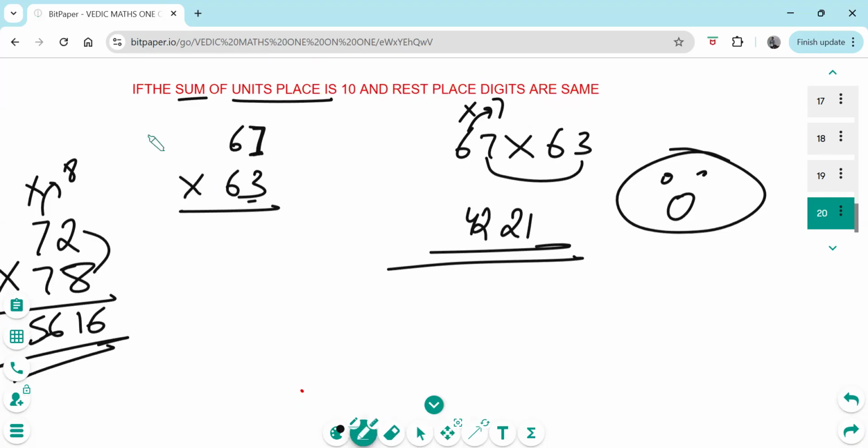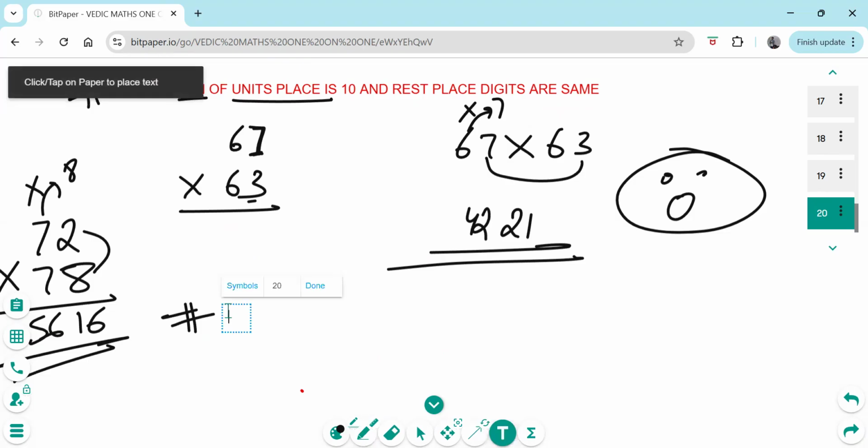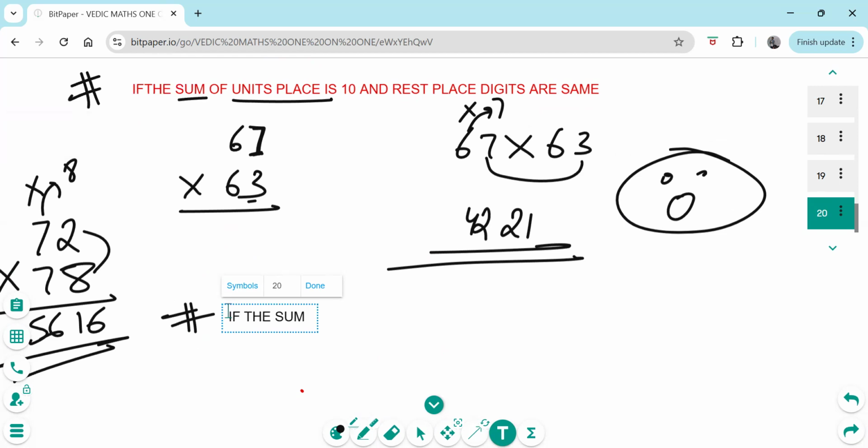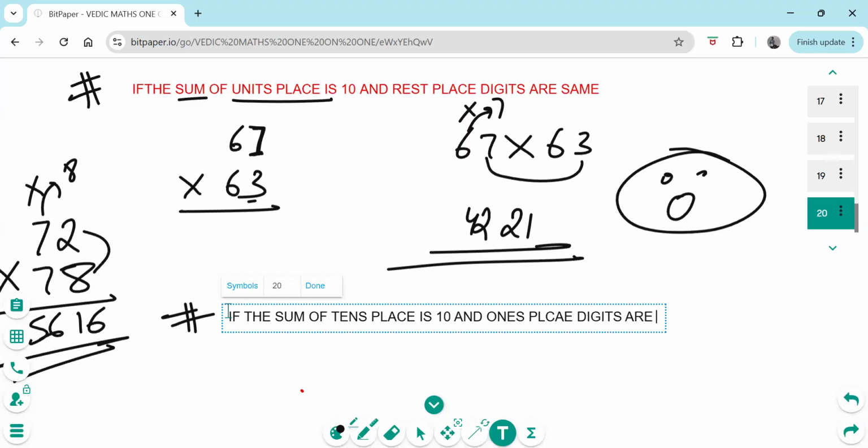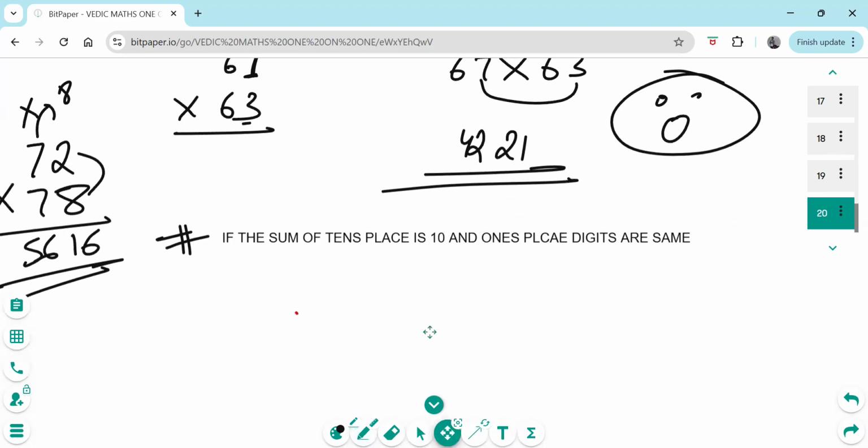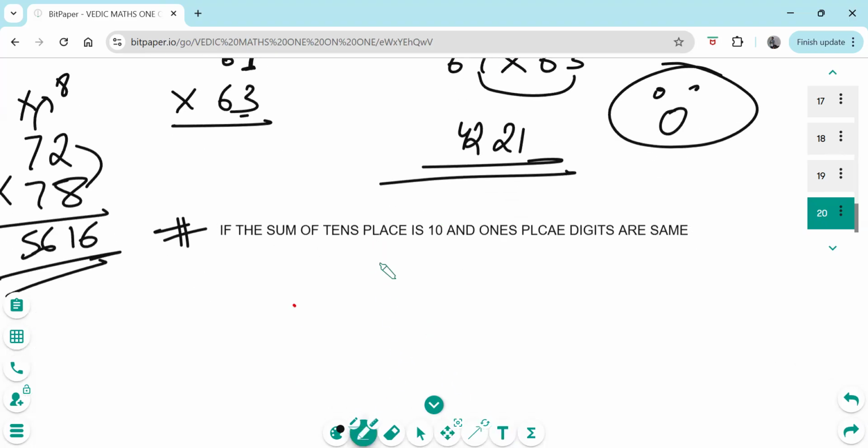Now, इसका एक और सिनेरियो हो सकता है। देखो, इसका उल्टा भी करके होता है। कैसे? I'm going to type since my writing is not that good. If the sum of tens place, इस बार उल्टा होगा, sum of tens place is 10 and ones place digits are same, right? Are same. So what we're gonna do? Let's see. Tens place का sum जो है 10 होगा। Let's say 22 into 82 है हमारे पास।